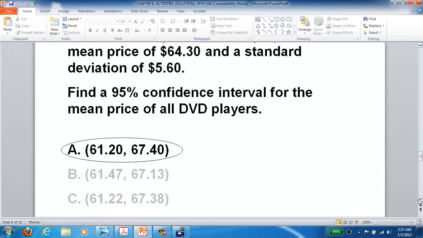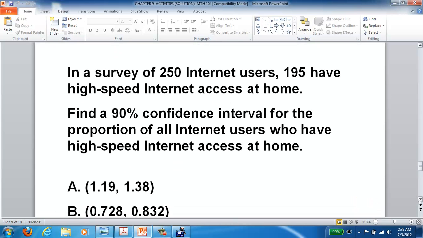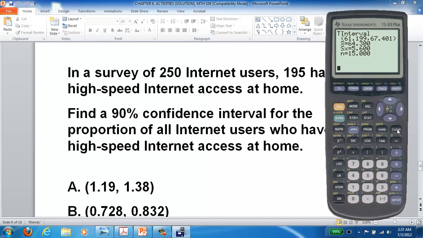61.2 to 67.4. For the last one, this is going to be a confidence interval for a proportion. So let's go back to the graphing calculator. We go to Stat, we go to Tests, and we go now to A, 1 proportion Z interval, and we click enter. X is 195, N is 250,